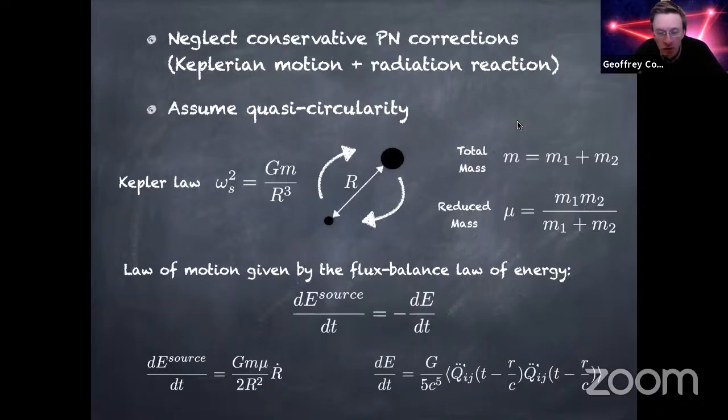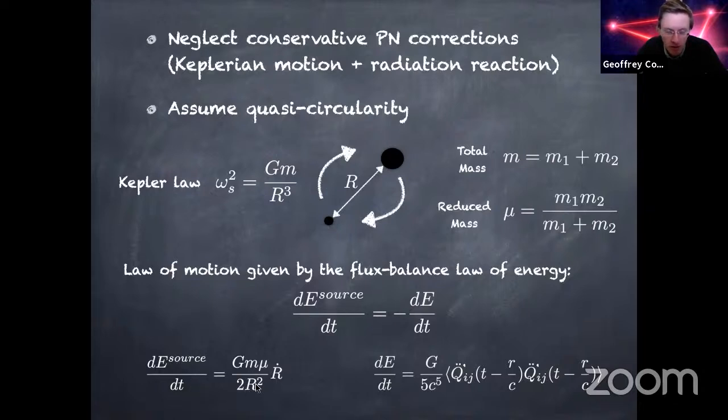So Keplerian motion in general gives rise for bound orbits to elliptic orbits. It's a bit more complicated. I will look only at quasi-circular orbits. So again, the Kepler law gives you the relationship between the frequency of the motion and the gravitational potential. So you can write it this way: omega_s, the source frequency squared, equals G times the total mass divided by r to the power 3. And the law of motion is given by the flux balance law of energy,